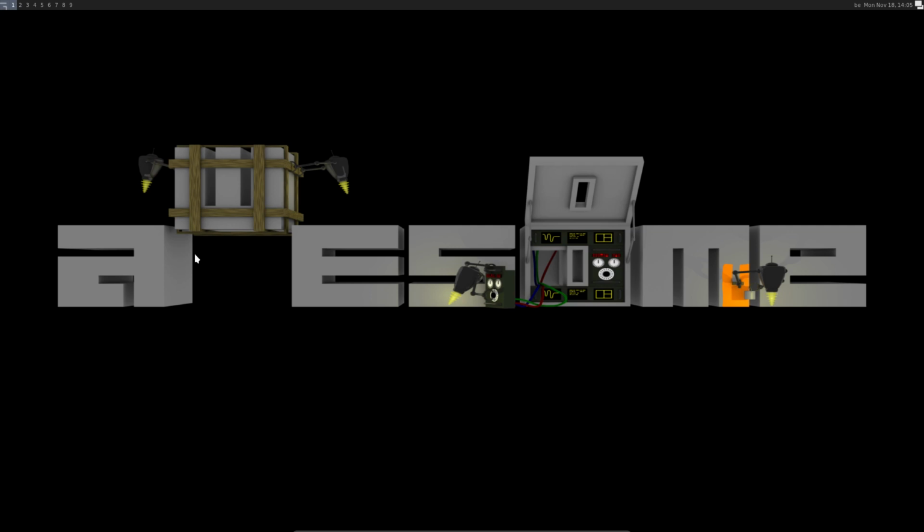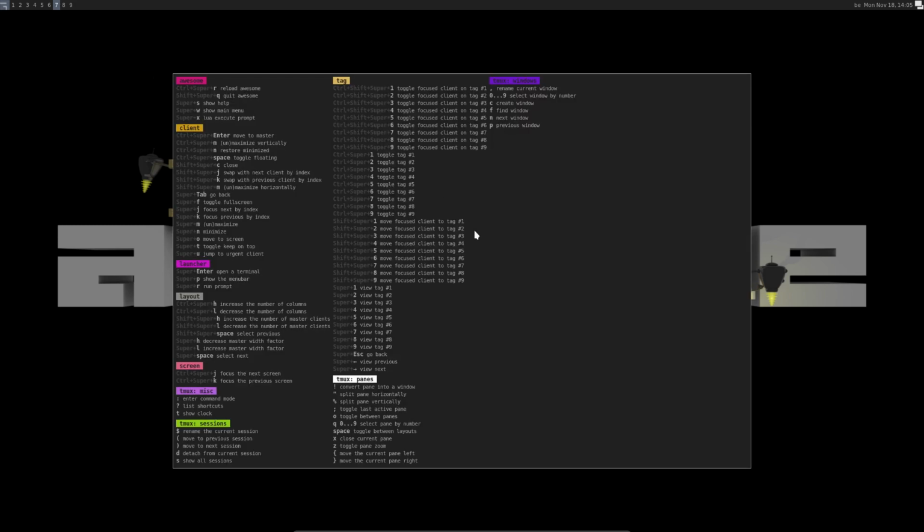Control T, Super Shift Return, nothing's going to work, every button. I need to figure out how this thing is going to work. I can click here, I have a menu, hotkeys, let's have a look. And then I have to look for elements. But since we've put in so much time, it has our